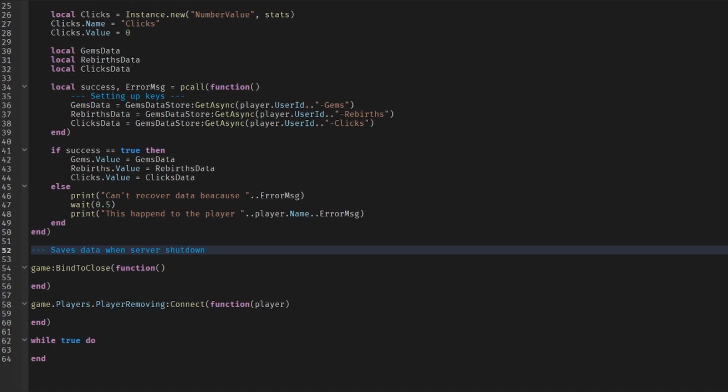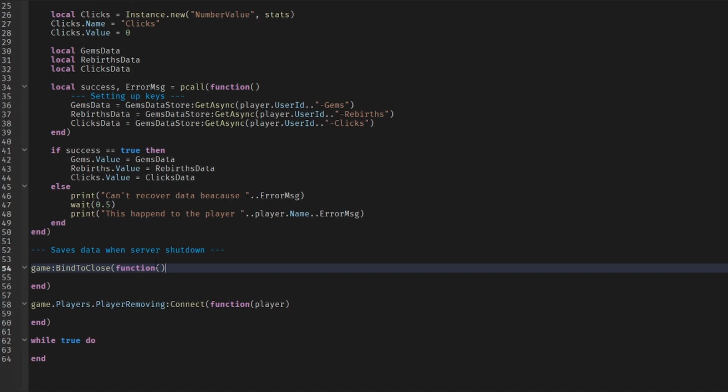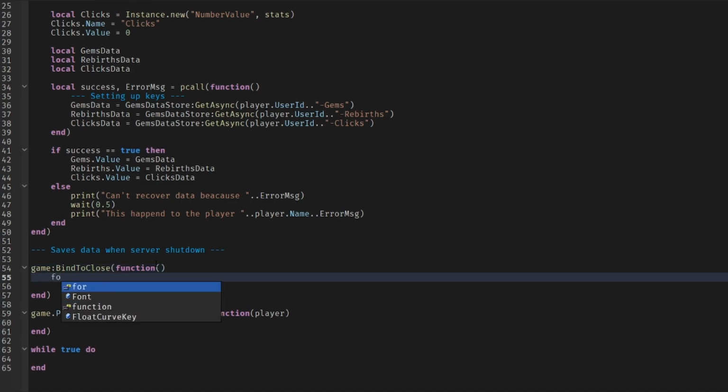So if the player is the last player in the server and the server just doesn't care about any of the scripts that are still working and doing stuff, the game just shuts down. Okay, that's why we do bind to close, because it's going to wait a certain amount of time before the server shuts down. So okay, before server shutdown, and underneath this we can actually do for i,